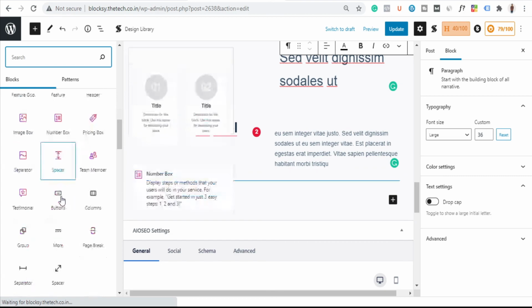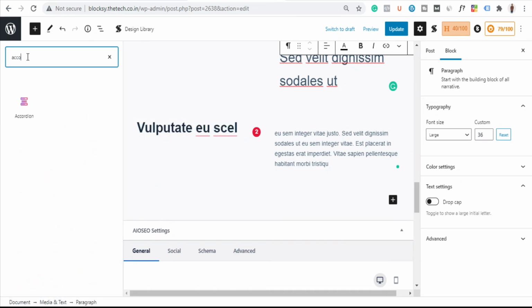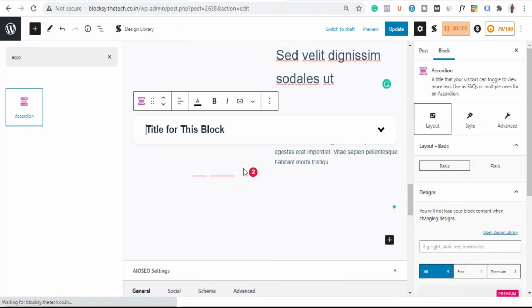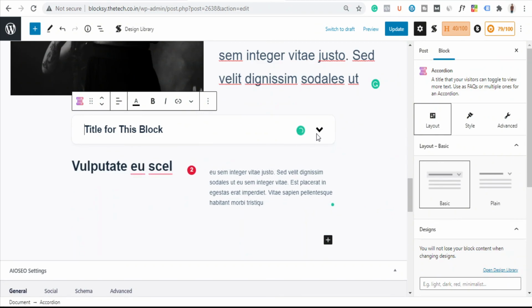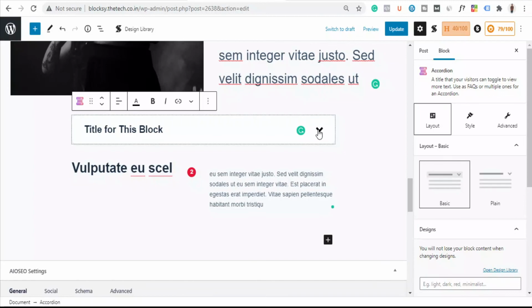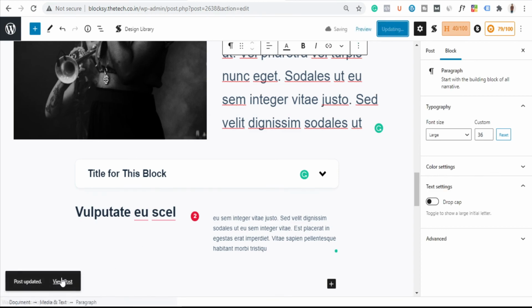so we add one more feature here which we call accordion. Yeah, so let me choose this section here. This accordion basically means this drop down. Okay, so this is also good. Let me update everything and let me see how it's looking. Okay, I'll go to view post,